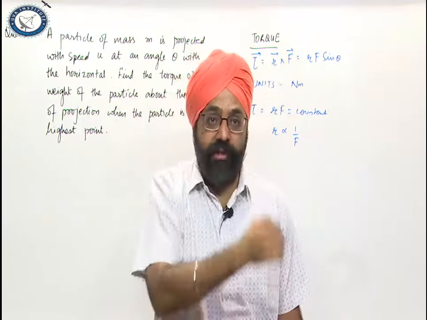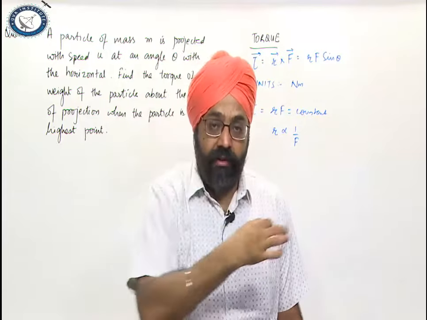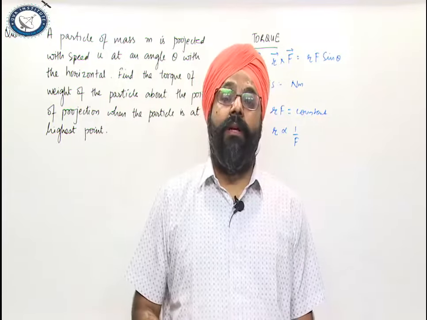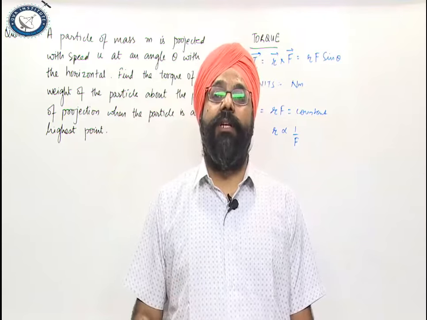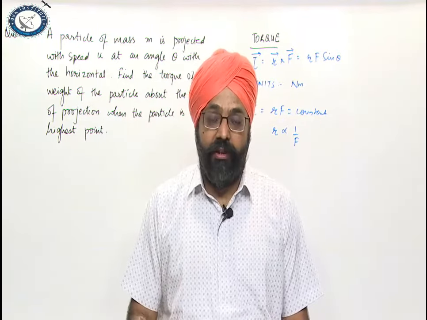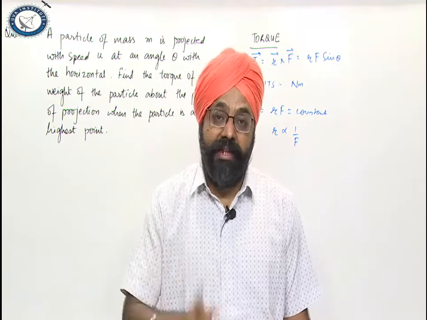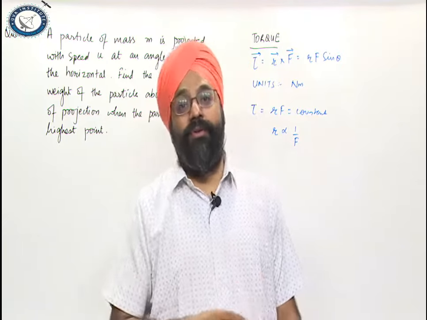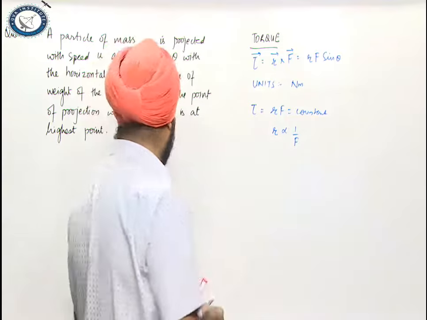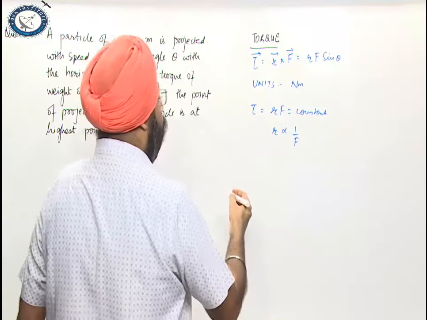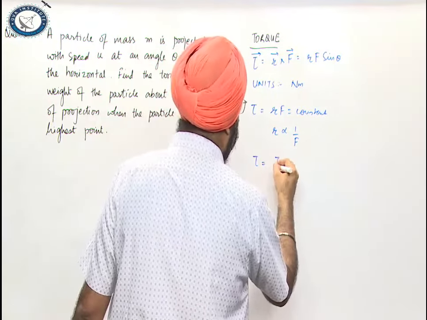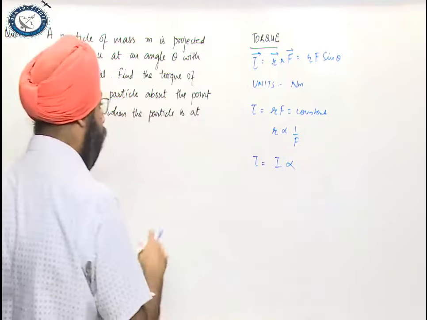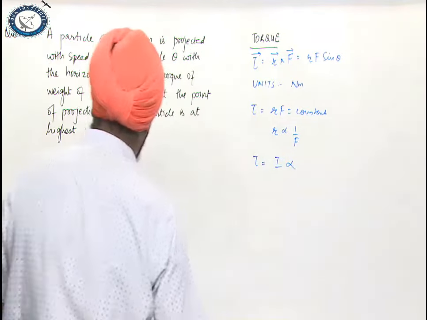Axis of rotation, you can understand, is the point at which the door rotates. The handle is at the maximum distance from the axis of rotation, so we need to exert minimum force to open the door. Torque is also equal to I alpha in case of a rigid body. Both the formulas apply simultaneously.